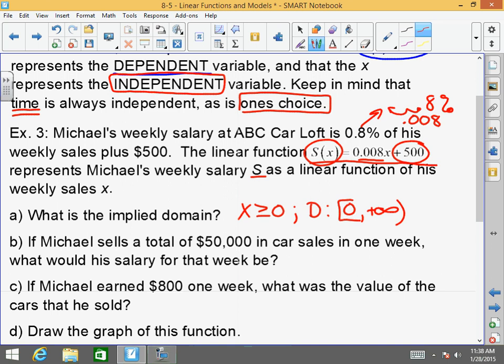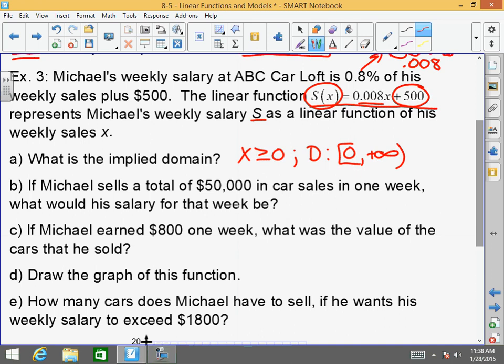Okay, B, if Michael sells a total of $50,000 in car sales in 1 week, what would his salary be for that week? This is the beauty of algebra. You're sitting there at home and you want to know, how much is my paycheck going to be this week? Well, $50,000 of sales, that's what x represents. So you plug it in. What are my sales for $50,000? I'm replacing the x with $50,000. So I would say 0.008 times $50,000 in sales plus my $500